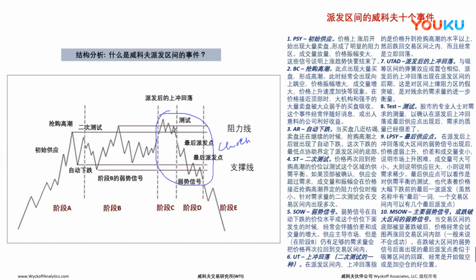Our downtrend is always going to start with the point in phase C. And phase C could be a higher high, and if this is a higher high, we would label it an upthrust after distribution, or if this is a lower high, then we would label it a last point of supply.